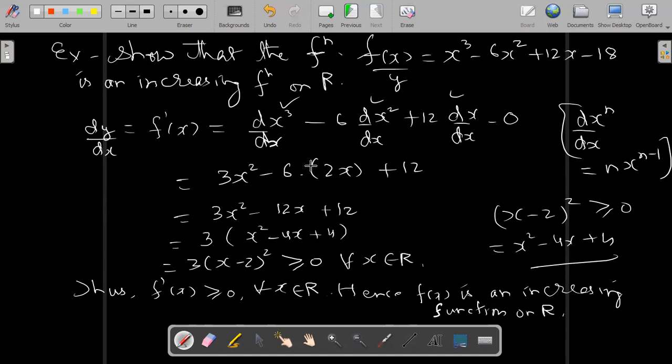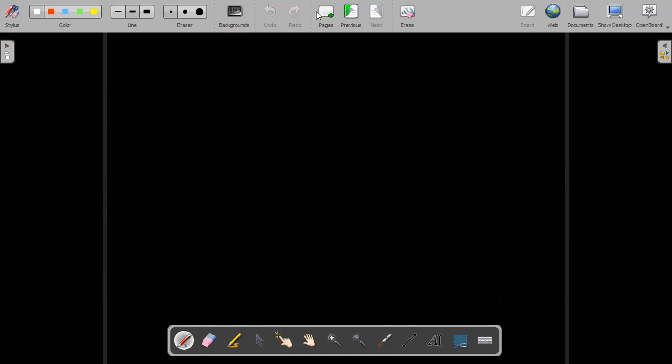So like this, we have to find the derivative. Sometimes we are given a point, we can check easily. Sometimes we have to use the properties. And sometimes trigonometry will be involved. For example, you can have another example in which you have to show a trigonometrical function. So show that